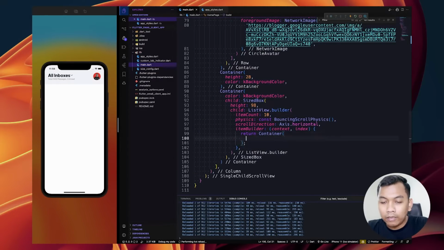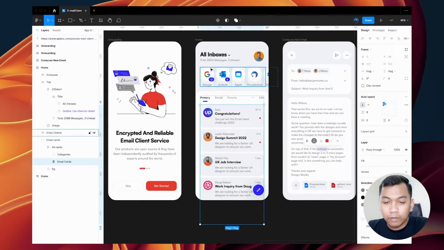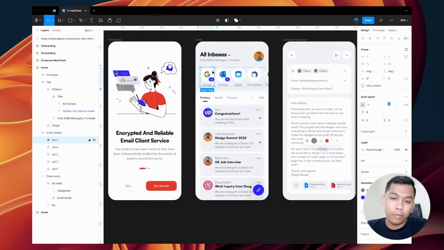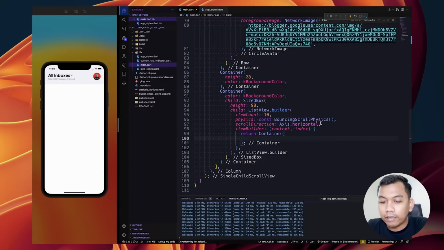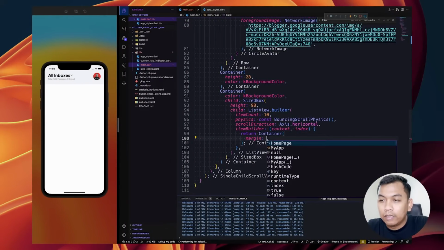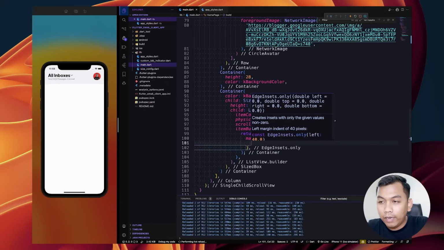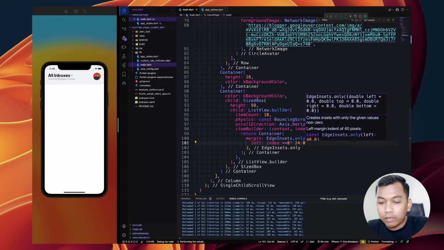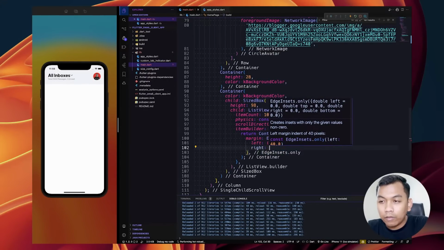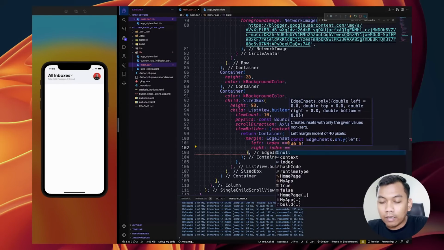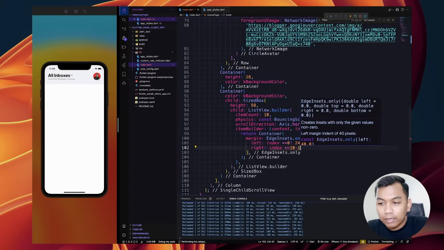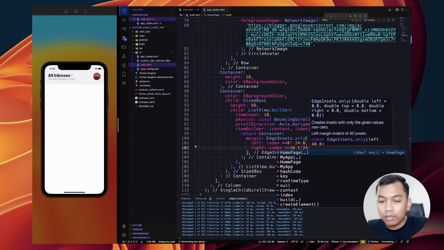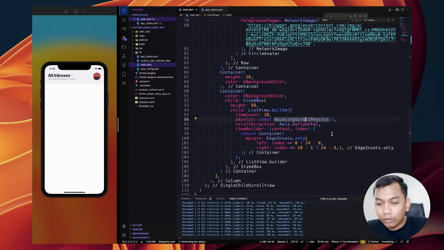And inside this container, what we need to add here, we need to set the margin to be only, and for the left, when the index equals 0, the margin will be 24, and for the right, when the index equals the length of the item, which is 10 minus 1, will be 24, and when it's not, it will be 8.